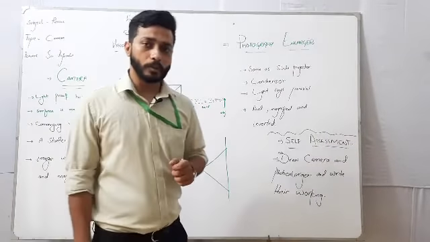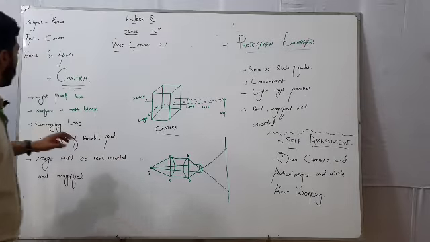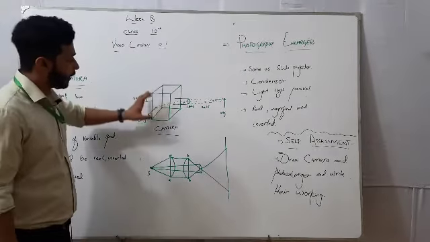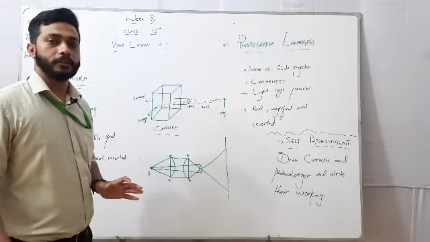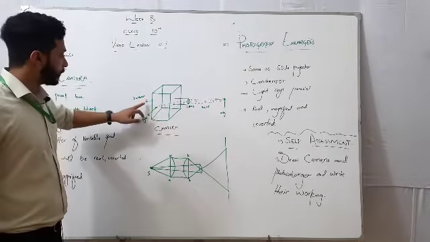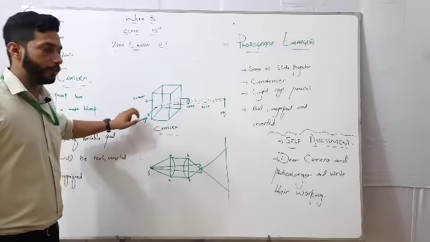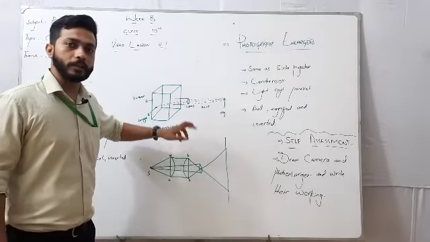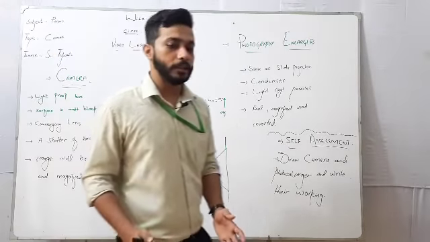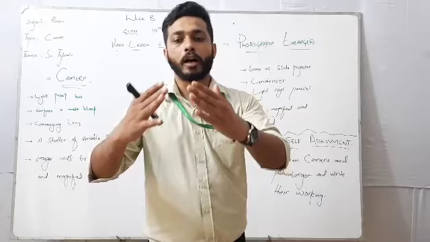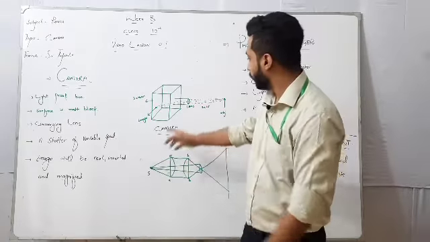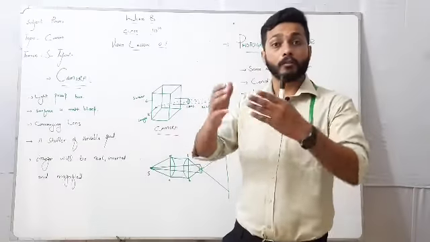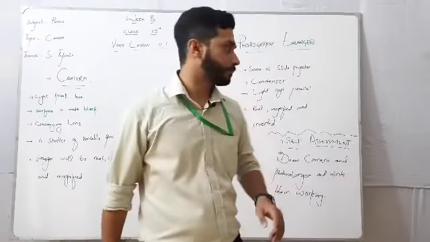So there are some properties of the camera. Starting from it, it is a light proof box. This one is a light proof box. It is matte black, all black inside, and there is a screen on one side. Okay, we are using a converging lens. Here is a converging lens. A converging lens is basically converging light rays to a specific point, to meet at a point. Look at this. This is a point where these three lines are meeting and forming an image on a screen.